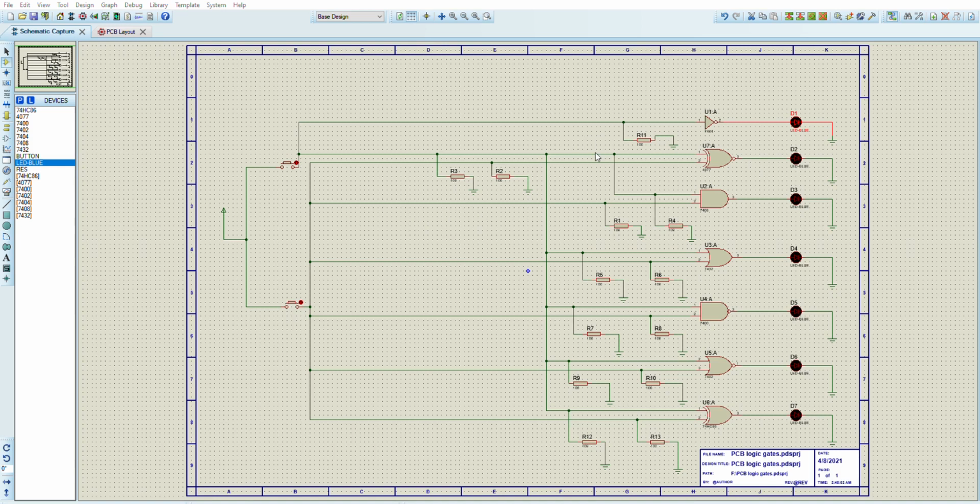Similarly, if you double click on here, you just go from here to properties. You can also produce a pin over here and you can change the layout.